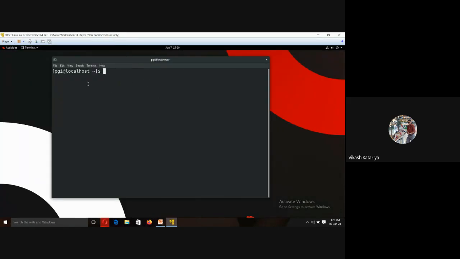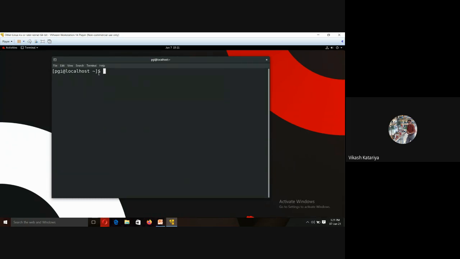Okay, the terminal shows a lot of information. I will tell you. PGI @ localhost and a tilde symbol with square brackets and a $ sign. So PGI is the account in which we logged in. @localhost is the name of our machine. By default, every machine has a localhost. If we want, we can change the name, but by default it is localhost. And the tilde symbol is the current working directory.